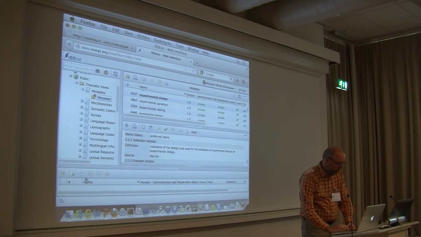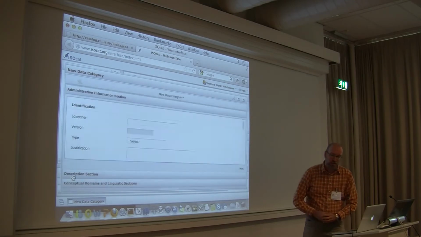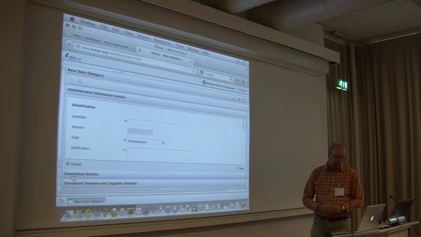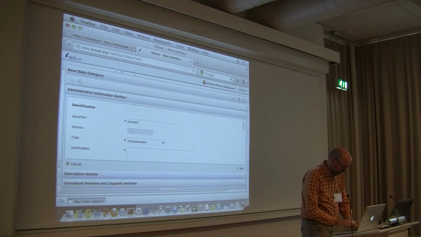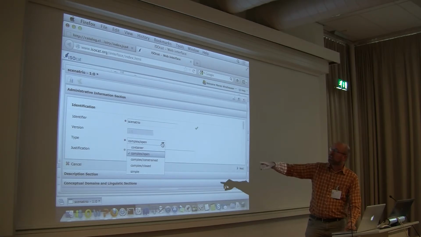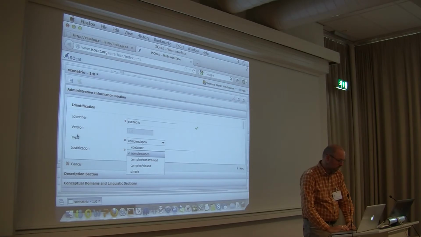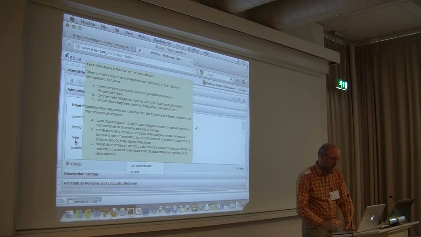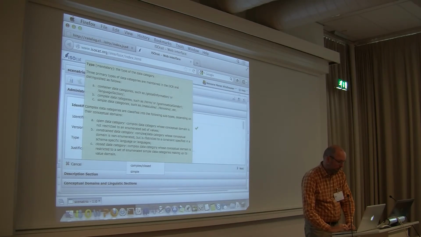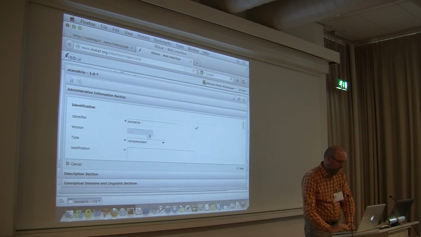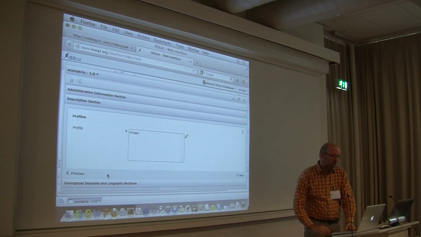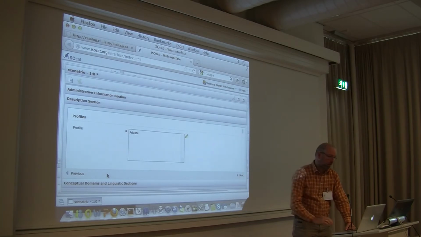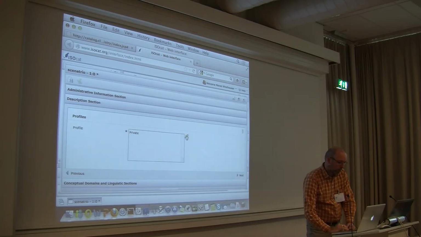If you have to create your own new data category, there's an editor for that. I'm not going to go into much detail, but here you would determine which type it has: container data categories, specific types of complex data categories, and a simple data category. If you hover over this label type, you get information, and there are other places like the help which explain what all the types mean. But what is mainly important is that in the profile, which is now set to private, you have to set it to metadata